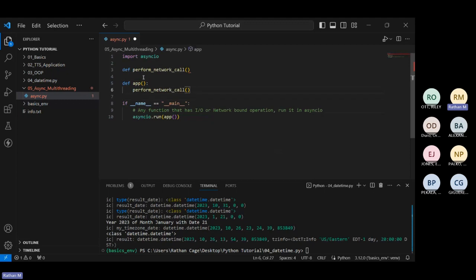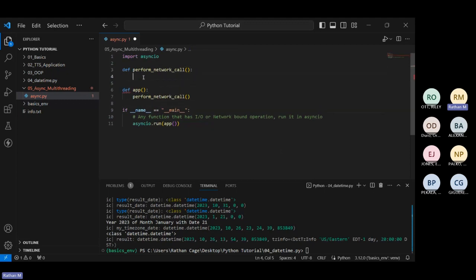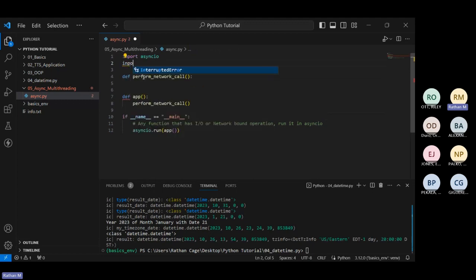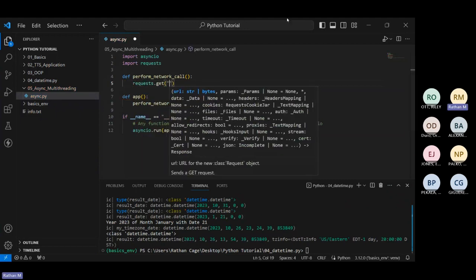I'll tell you why I'm writing multiple calls, which is calling another function internally, so that we understand something better. Here, generally, if I want to perform some requests or some network call, I would import requests. And once we import requests, we just use requests.get of some URL.